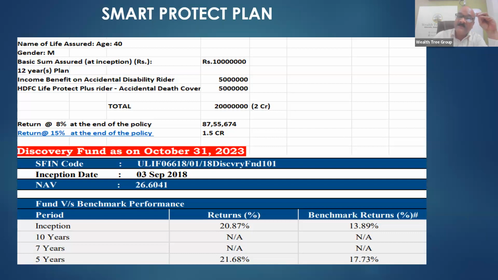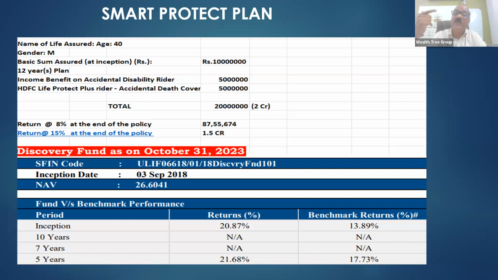Why I am telling about this plan is, yes, it is going to cover everything. You are going to have a retirement fund and you are going to have the insurance, both together, by just investing 1 lakh of rupees and paying it for 12 years. In other cases, if you take any other plans, either you get insurance or you get some money back. But both together in this fashion is a recent development.